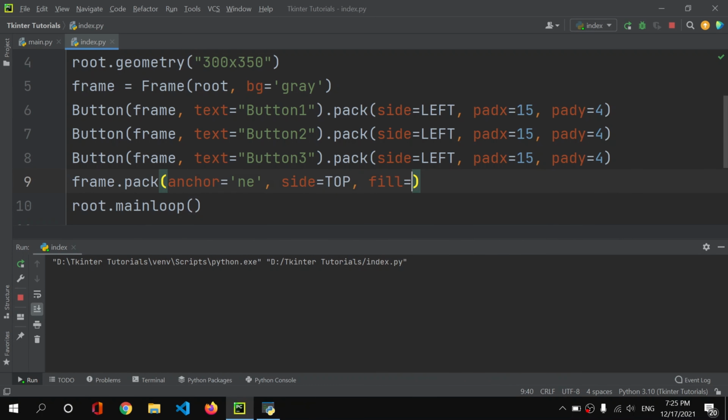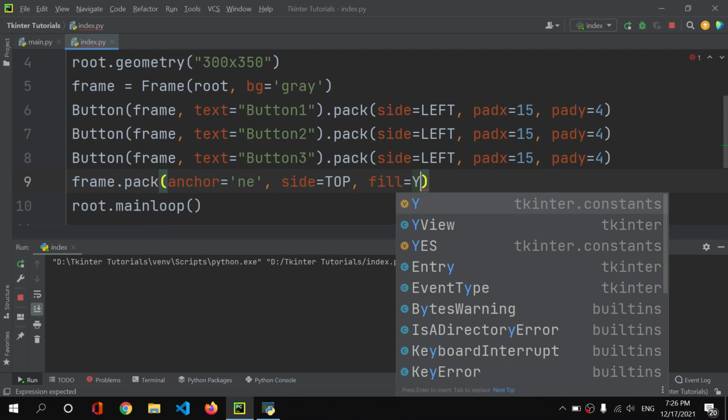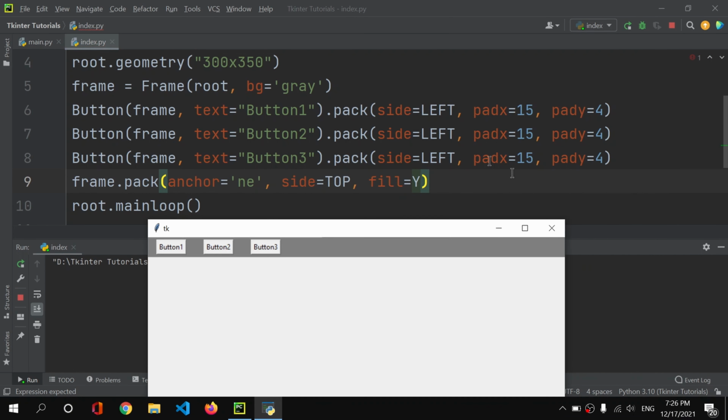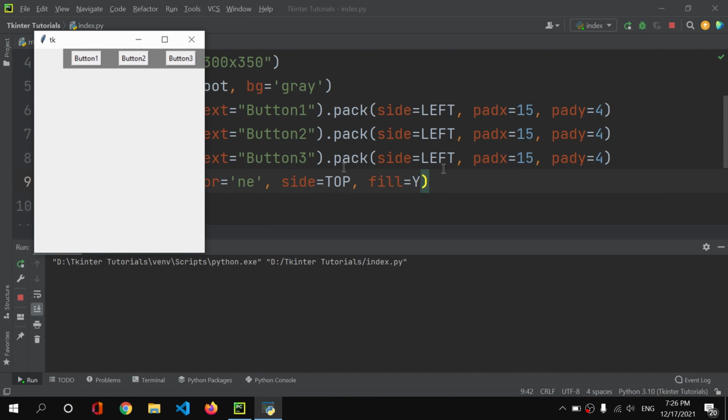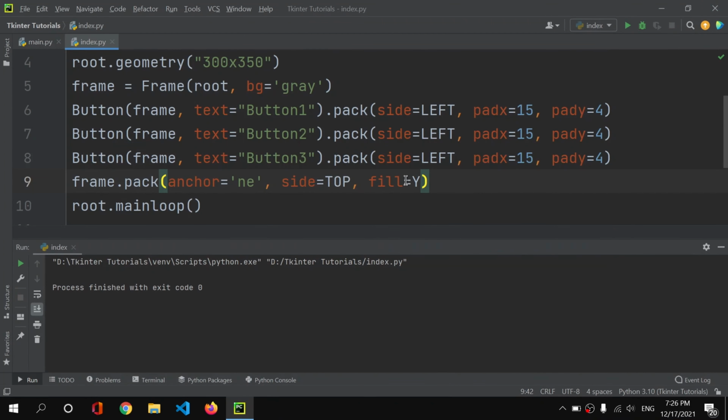Similarly we can do it with y. If I save it, let me close this window first, and run this code, you will see that we have to fill it in y. So this frame will be filled with y. And what if I change this?